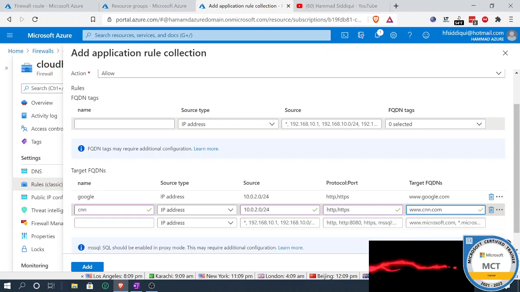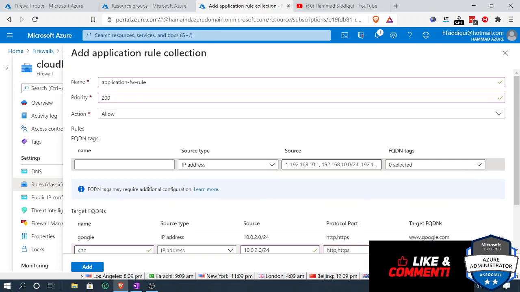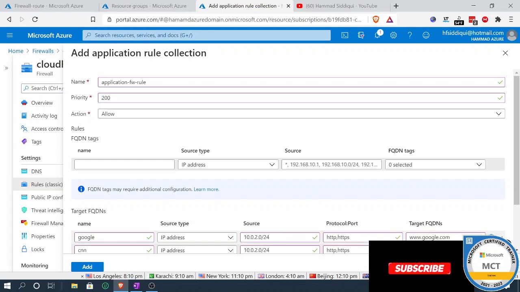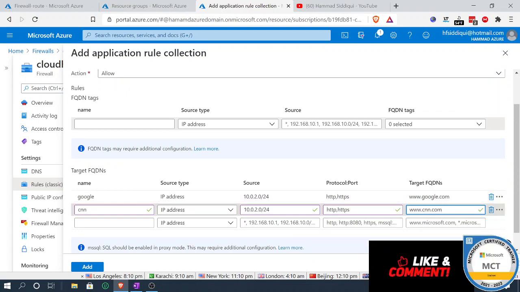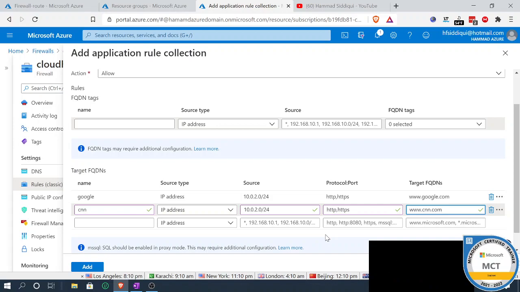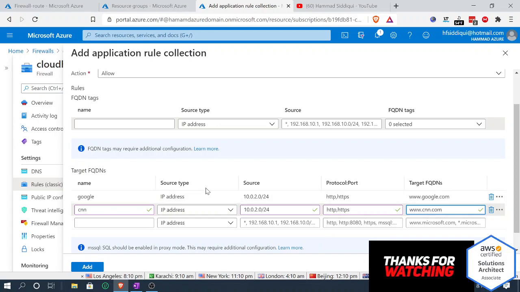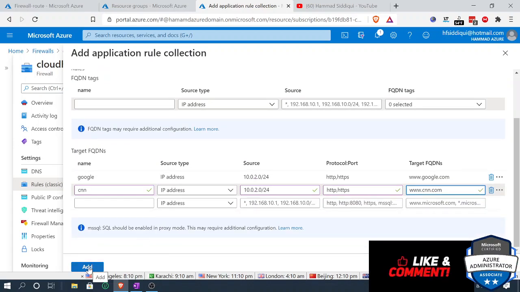.com will be allowed. Rest of them will be denied. So I said anything that is in that subnet of 10.0.2.0/24, if it is trying to use google.com or cnn.com, it's allowed. I will also show you if I type in facebook.com or cnbc.com, it will deny just because of this rule. So first we'll just set up an application rule,